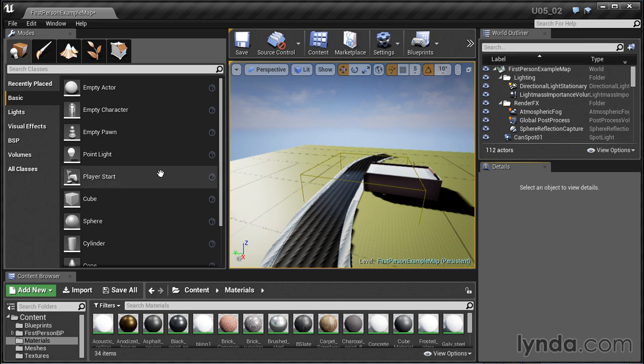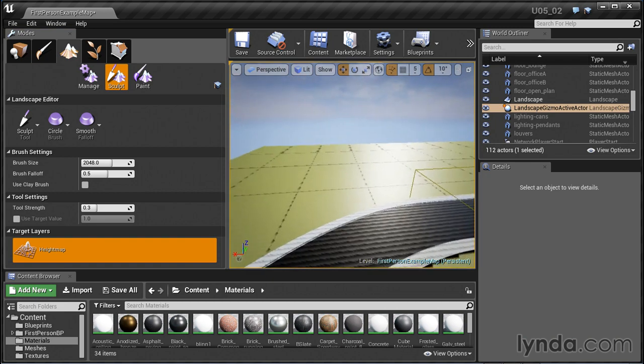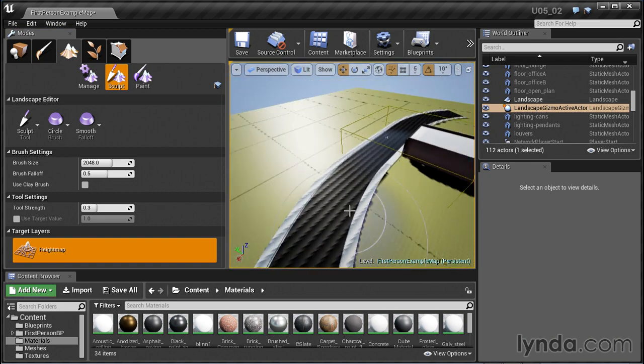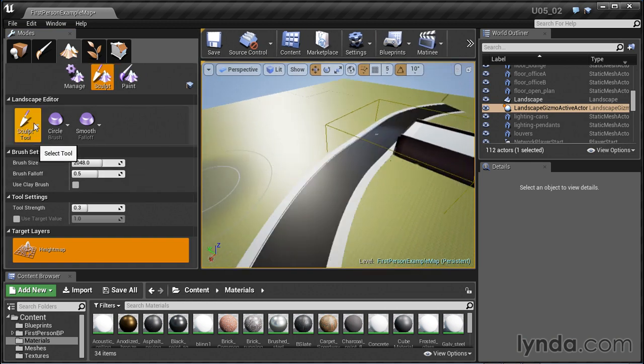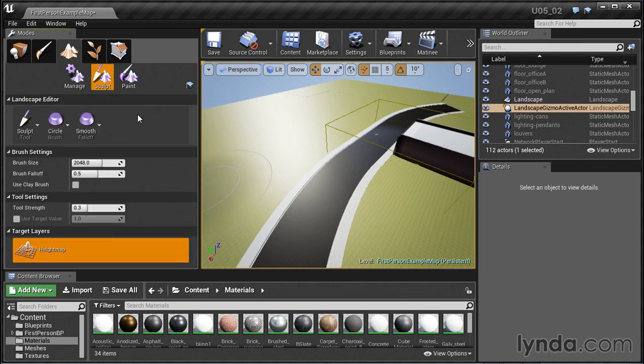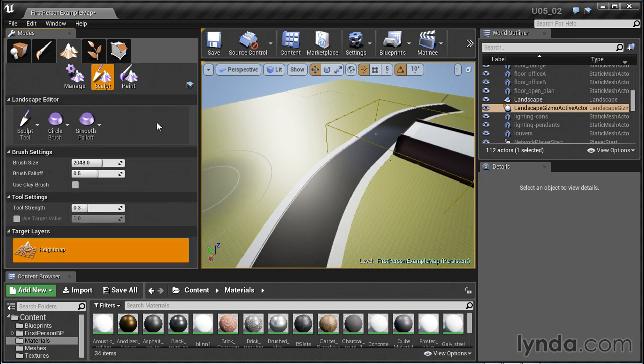What I'm going to do is go into my landscape palette and start to sculpt my landscape a little bit. Right now it's a flat grid, and those are just light bake artifacts we're seeing. What I'll do is go into my sculpting here in the landscape editor. We've got manage, where we actually manage that landscape and select components. Sculpting, where we're changing the height map, moving around that landscape, and painting if we do want to paint in additional materials. I'll go into sculpt, and as you can see in here, under the sculpt tool